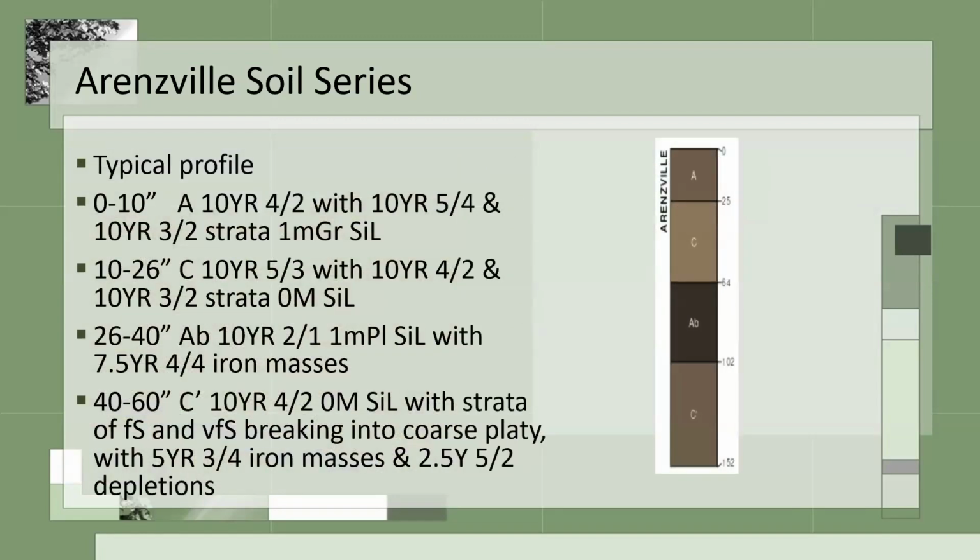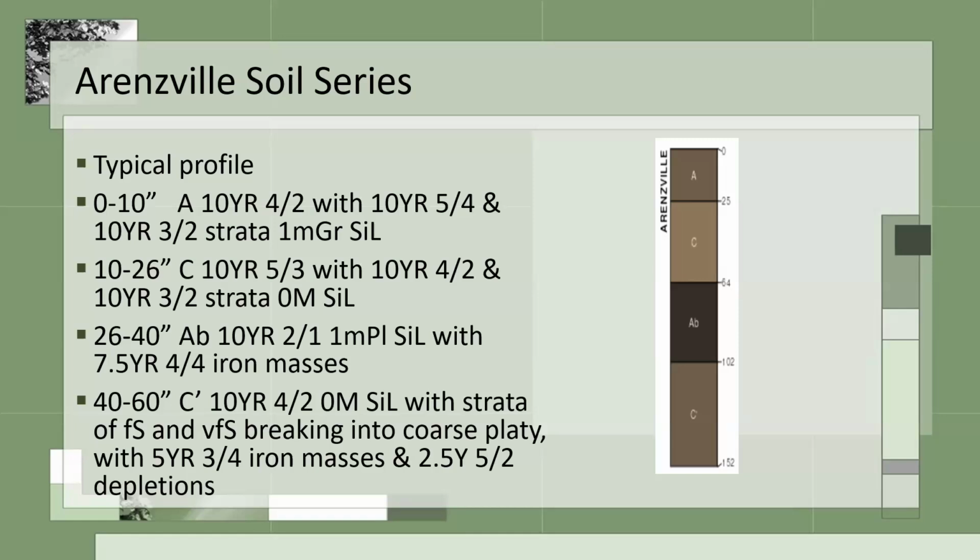So here's what a typical profile looks like. Again, the numbers on the picture are in centimeters. But typical profile, you see there's a lot more stuff going on here. So 0 to 10, you have the A horizon 10YR 4/2, but it also has 10YR 5/4 and 10YR 3/2 strata in it. It's from that alluvial as the deposits come through every time there's a flood or a big rainstorm. Maybe that Nordon up on top of the hill gets washed down into this valley and gets deposited. So it's listed as a 1MGR silt loam,